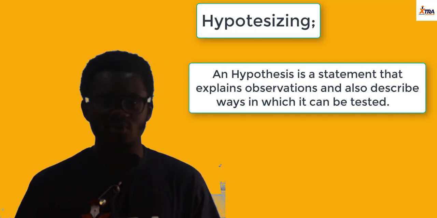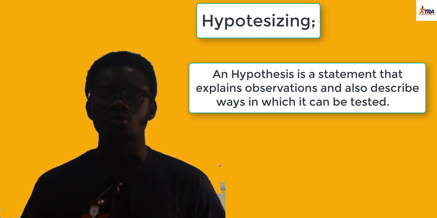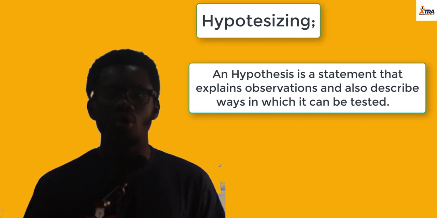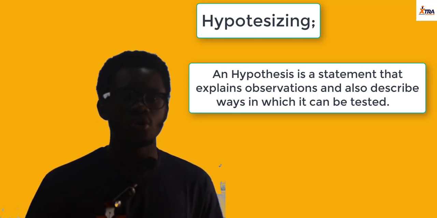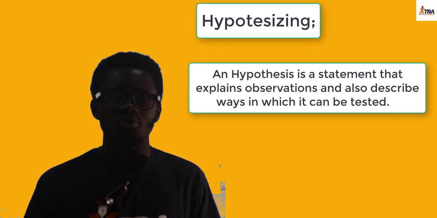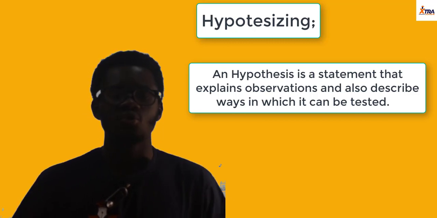So that's why it's a critical stage, because at hypothesis, you will know probably, oh, I don't have sufficient information, let me go back and gather more. Or probably, oh, this statement doesn't really explain what I'm observing, let me do more. So it's the stage of check and balance. That's what I'm trying to say. The hypothesis is the stage where you are doing a kind of check and balance on what you have done so far. So it's very important.